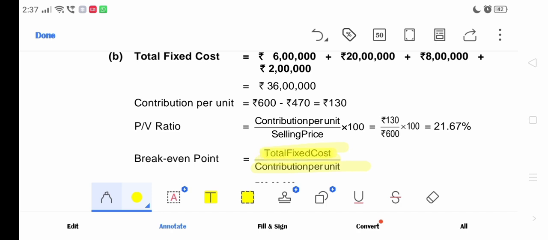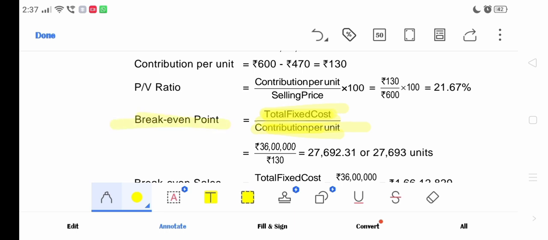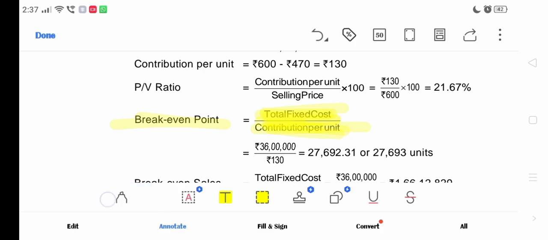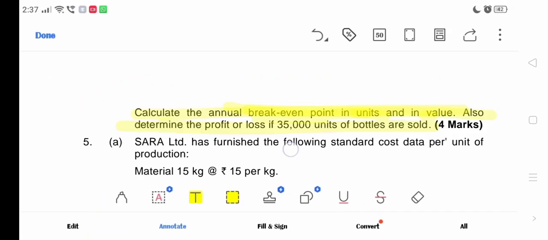So, if we insert the total fixed cost and contribution per unit, we get the break even point, right? Yes. So, what is the total fixed cost and what is the contribution per unit? First let's see what is the total fixed cost. Here he has given in the question,